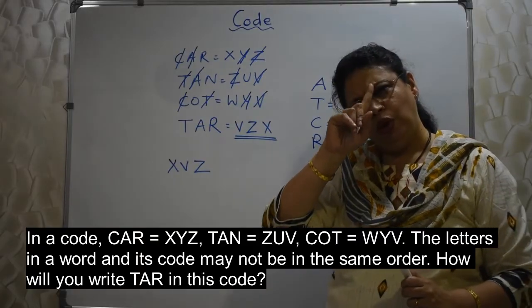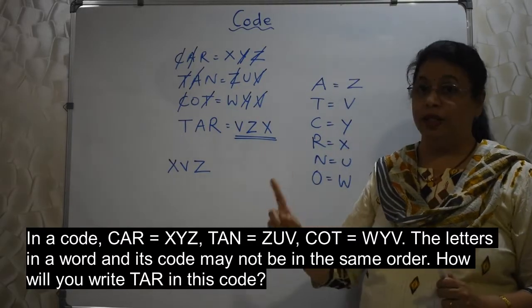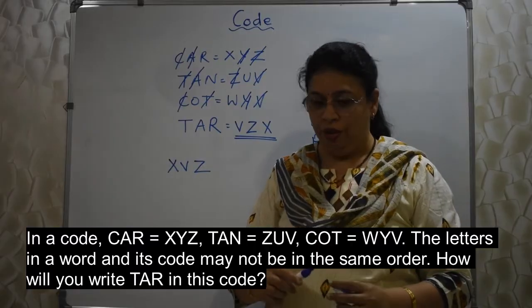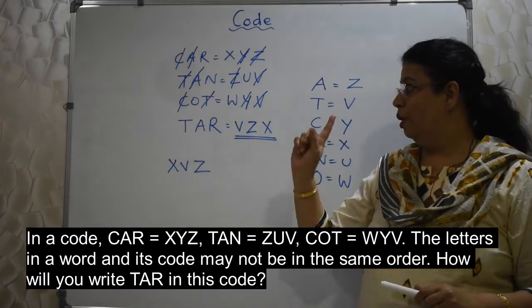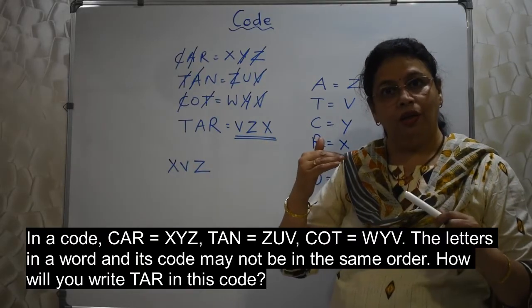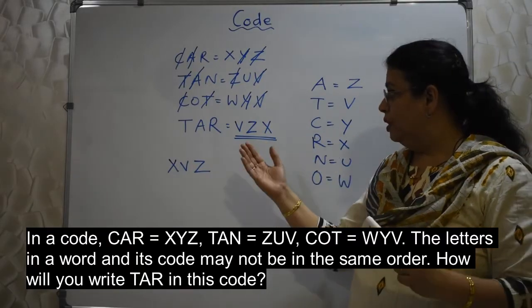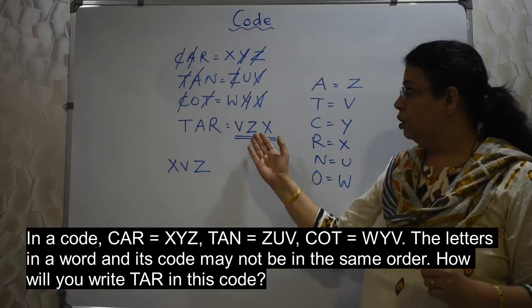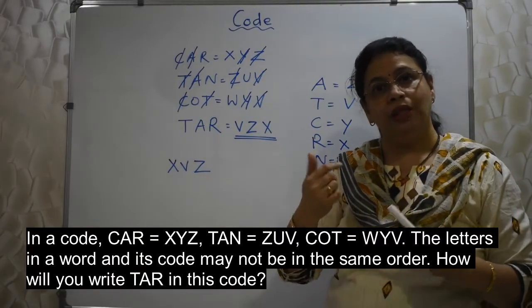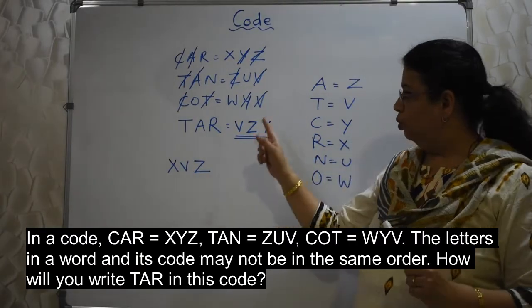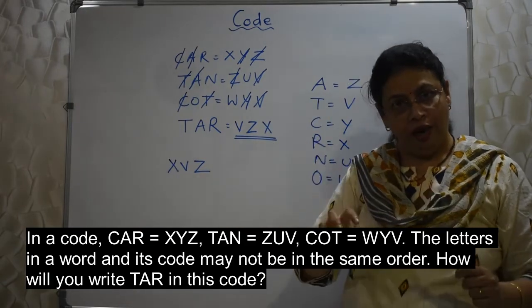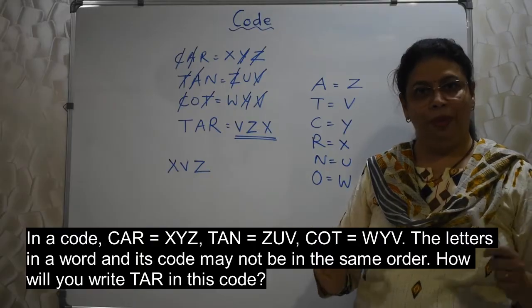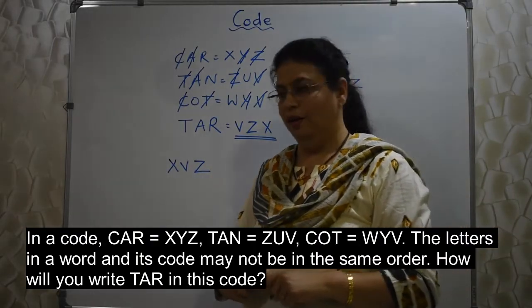There will be only one. That will be your answer, because in the question they have mentioned they may not be in the same order, right? So remember this. Don't get confused. Don't be puzzled. Why? Because the same option is not given. Then I must have done something wrong. No. You see the letters and choose the option where those alphabets are. So simple, isn't it? Let's go ahead.